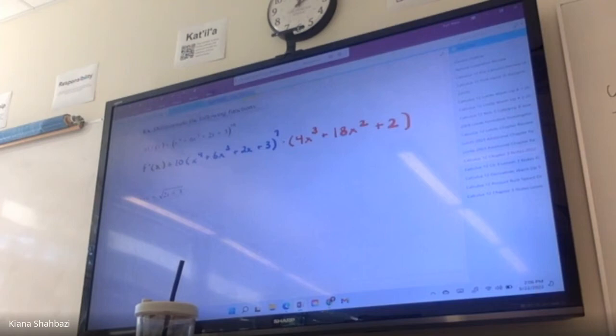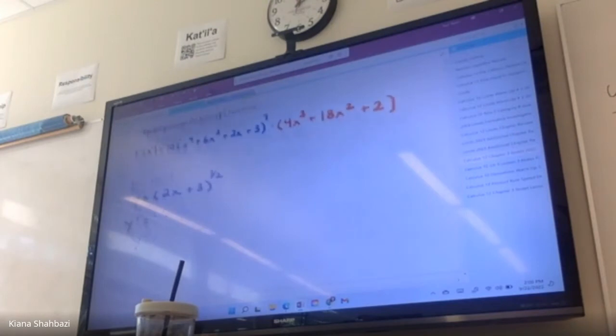I would say for the next one here, I see a radical sign there. This one's a little bit harder because you need to recognize and write this as 2x plus 3 to the what power? 1/2. These ones are a little bit better because you have to recognize that there is a power, right? And then let's go with y prime. So how do I find the derivative of this? It's 1/2 times 2x plus 3